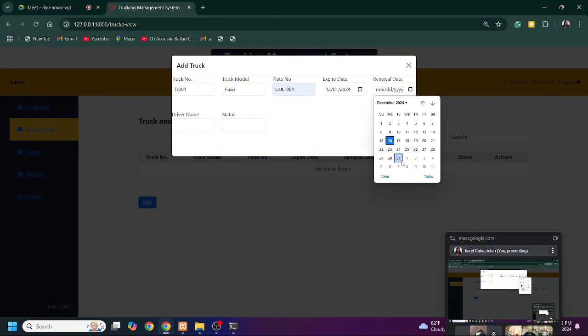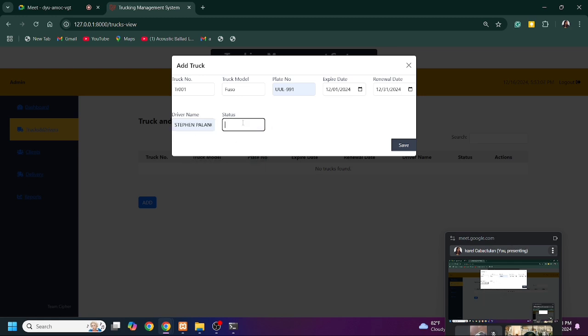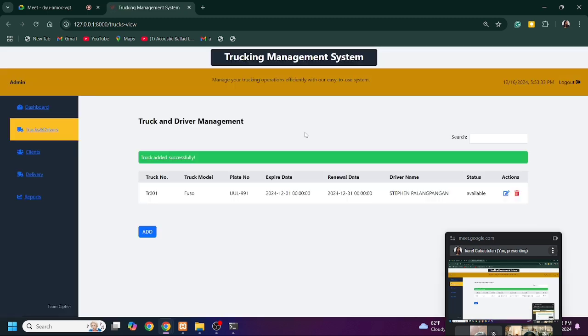Let me try to input random data. For our statuses, we only have available or not available. Let me put here, available. Once saved, it will automatically save in the table, as well as in the database table.